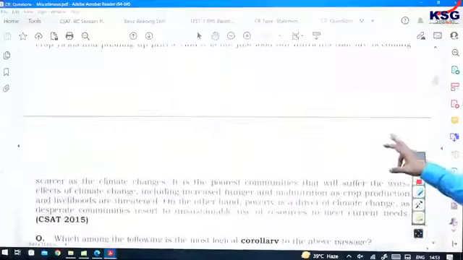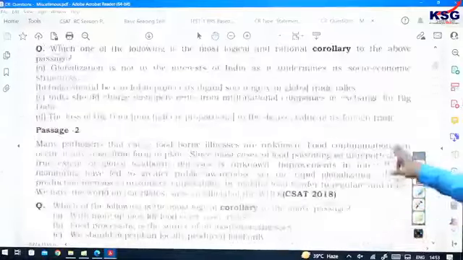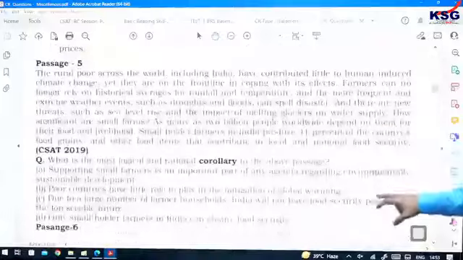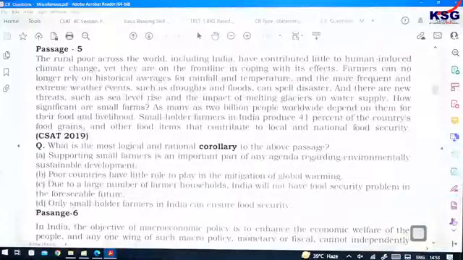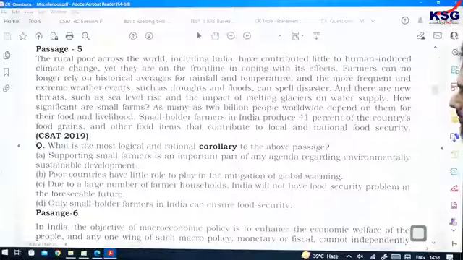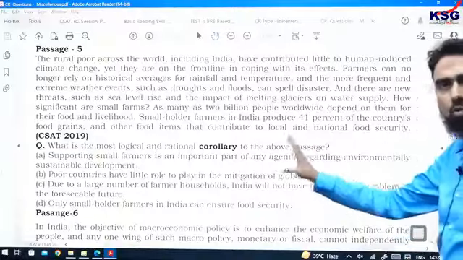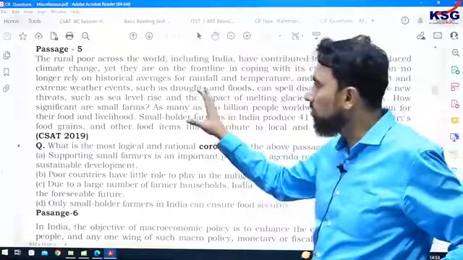My expectations are high, and first I will give you this passage. Passage number 5, the rural poor across the world, including India. So we start in this direction and go in reverse. First you solve the fifth passage,